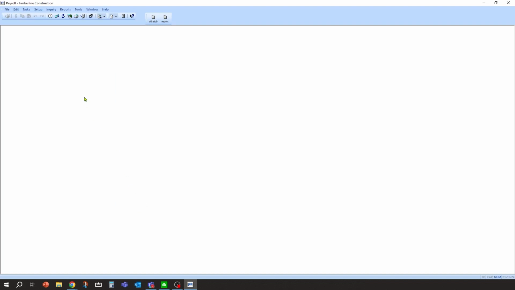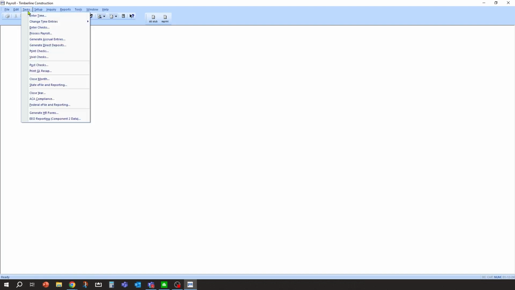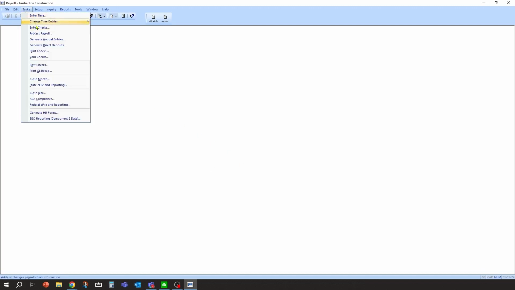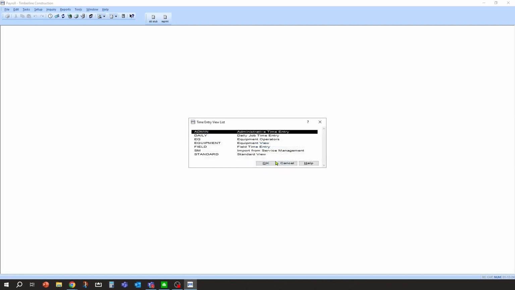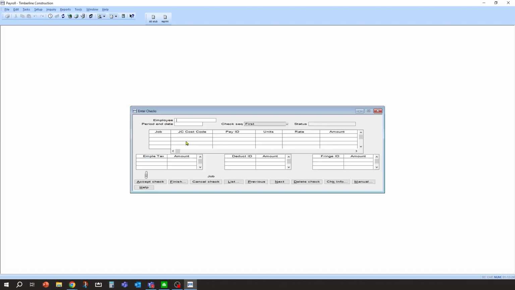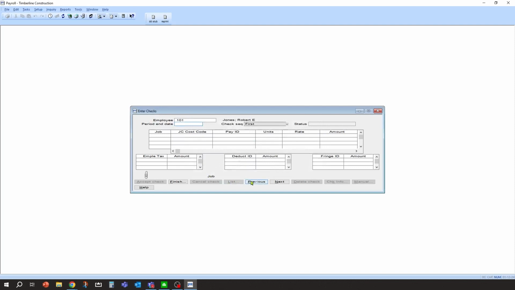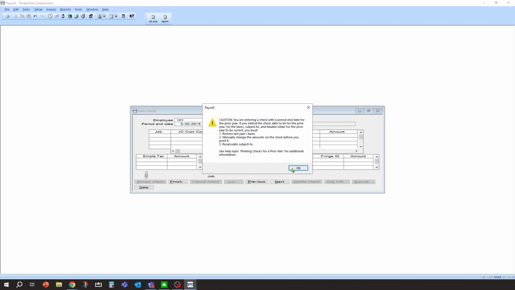So as far as your reimbursements go, data entry wise will be the same as if entering time in the system. You can choose to enter that information during enter time. You can import that in as well if you're doing that. And then you can also do it through enter checks. And I'm going to go ahead and do it there so we can see the whole process. So if I go into enter checks, and I'm going to pick my standard view here, and I'm going to pull up Robert Jones. And let's say period end date is, I'm just going to say 5/30. I'm not sure which week, and that's okay.